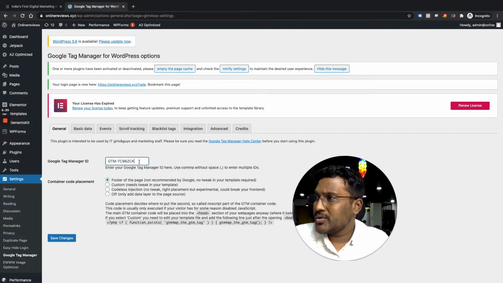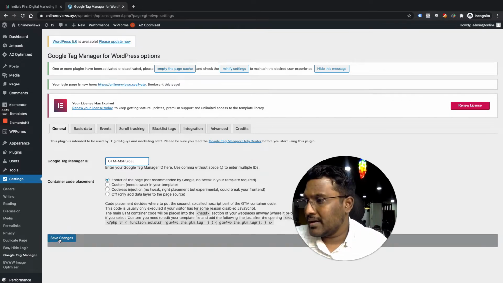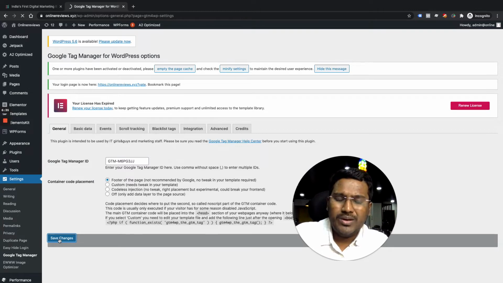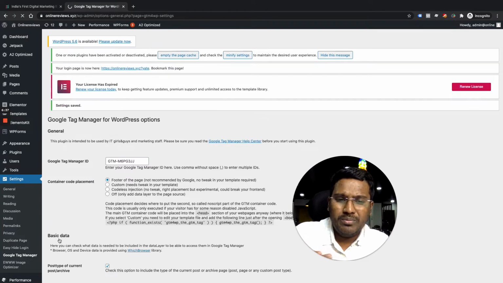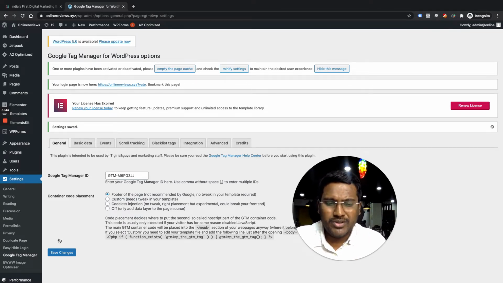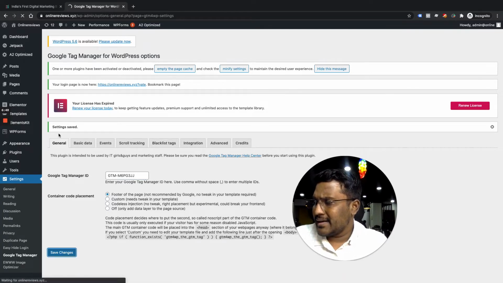Here what you can do is simply put this code. This is the new GTM tag that I want to paste. So it is not asking me to place the whole code, it's only asking me to deploy the code, because Thomas Geiger put the whole code in the backend. So the only difference between your Tag Manager code and my Tag Manager code is the ID. So you see, it is saved, but just to be on the safe side, what I'm going to do is